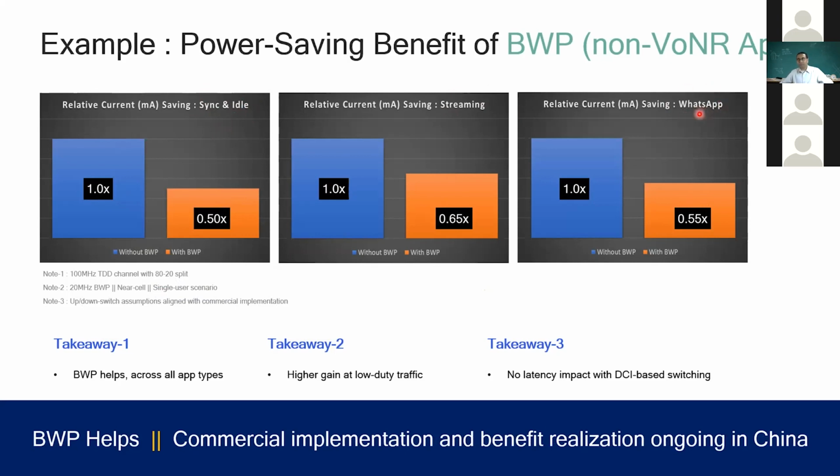What these graphs are showing is that, had the channel bandwidth been 100 megahertz with no BWP switching, the blue ones would have been the current consumption of the device. Now, if we implement BWP in the same 100 megahertz channel, since these traffics are not significantly requiring a 100 megahertz channel